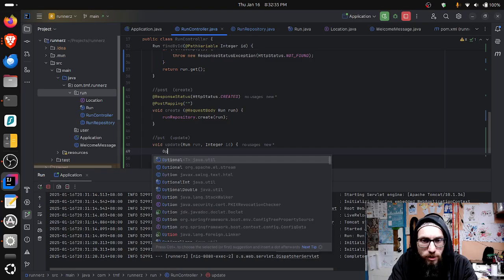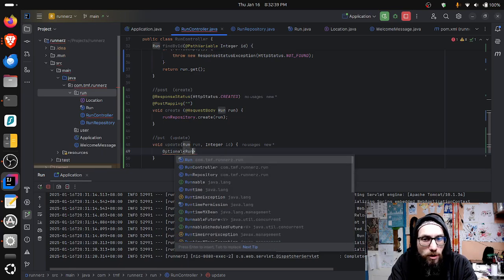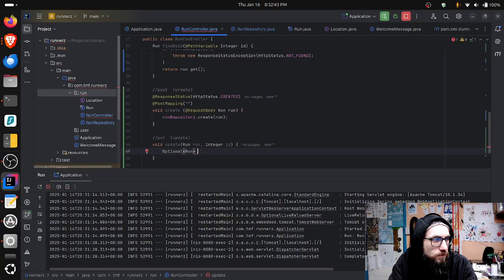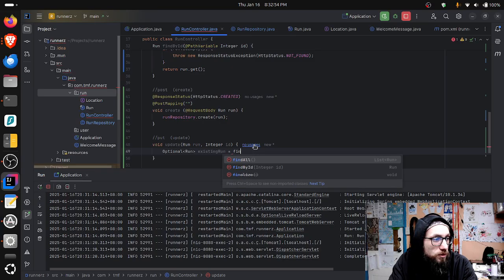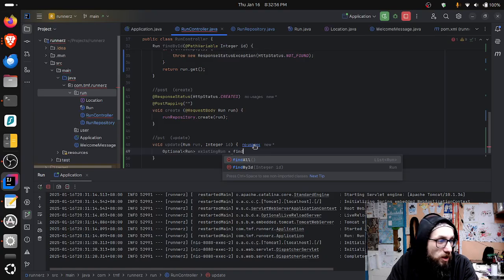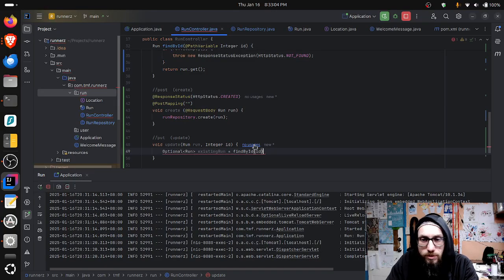And then we're gonna create an optional run called existing run. And we're gonna set that equal to find by ID. Find by ID. And we're going to use